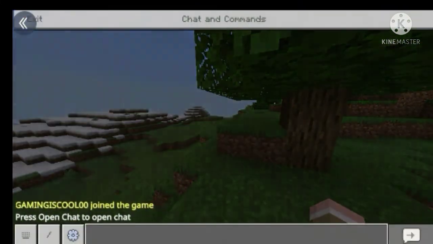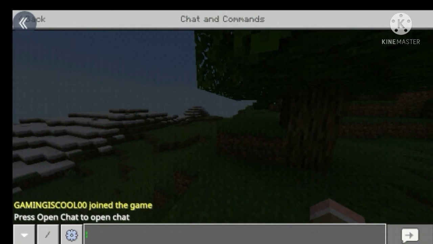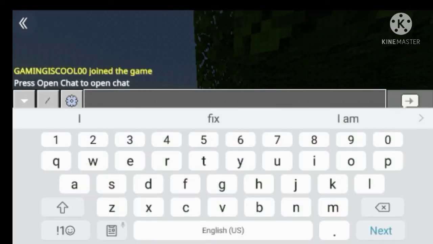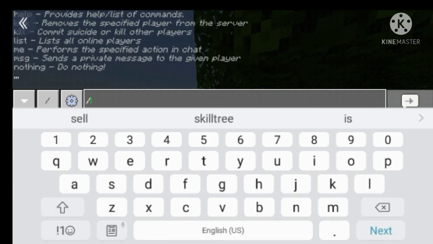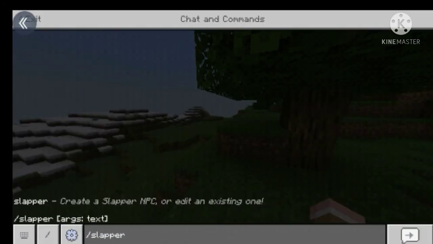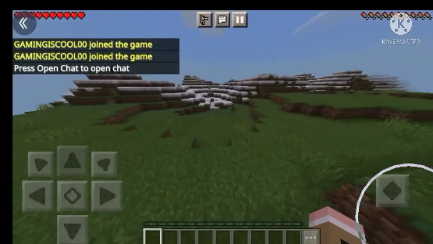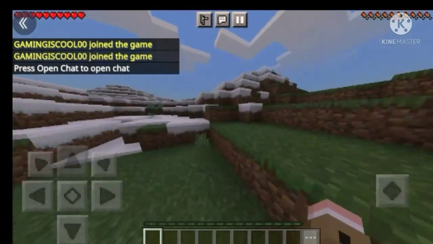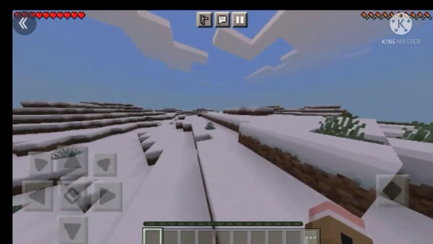Now, let's see. Moment of truth. Slash Slapper. Oh god, it's showing up. It means the Slapper plugin is really working. Let's try it in the snow.